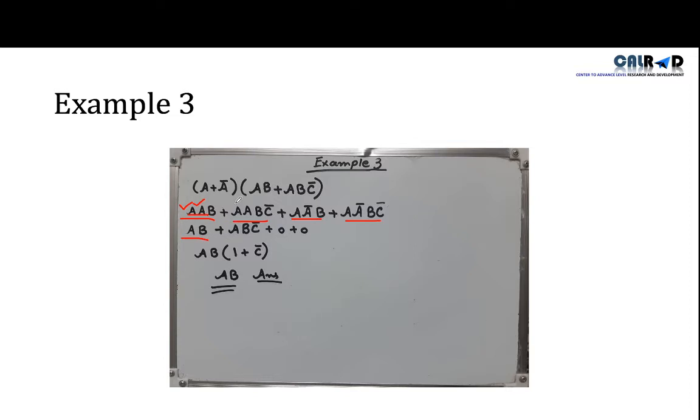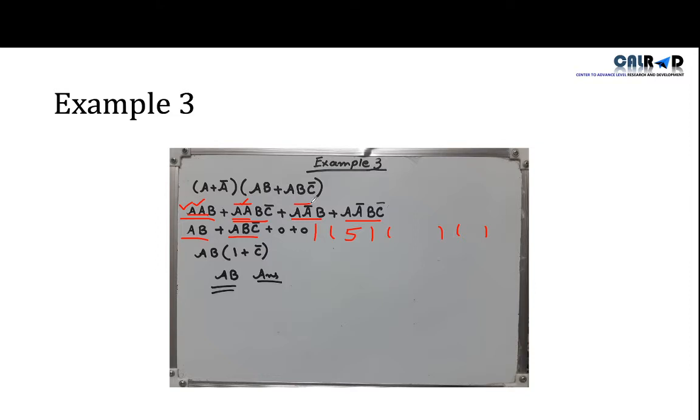Now we move toward the second, which is A into A B C dash. Here also we apply rule number 5. Because you now have more understanding of these laws, you can also combine the steps, or do all the laws in the same step, because the equation is not complicated and we are using the same rule. So A into A will be equal to A, and B into C dash will remain the same.